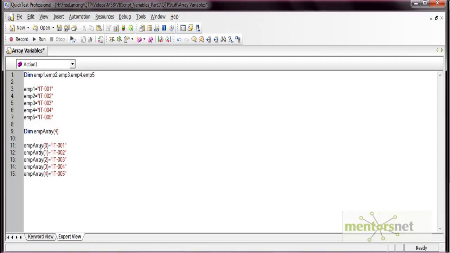So here in the memory there is only one variable, emp array, and all the values are stored into the single array. Now if you want to retrieve the value of the array, the method is the same as you define it. Like this is the where variable, and here the fourth index value comes into this variable.